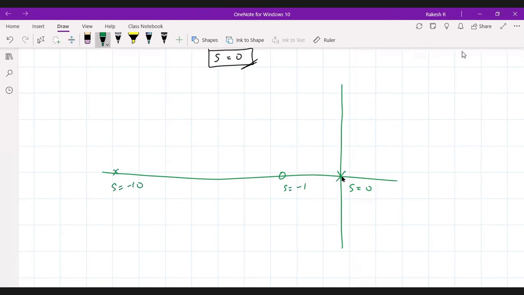What will you find out? You will find out that in between these two, the root locus exists. You will write like this. The root locus exists. You will be writing like this. This is a wrong thing, right? And one more root, you will be writing like this. This is a wrong thing, right?